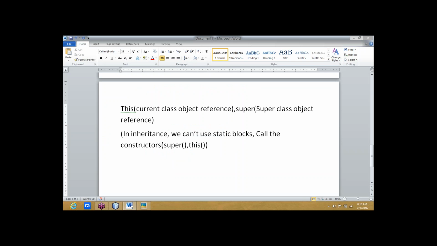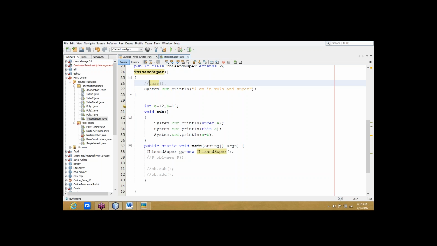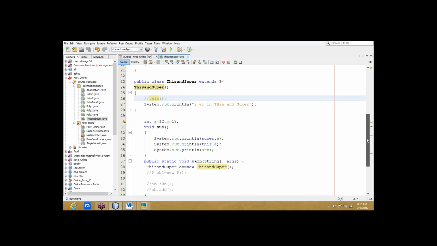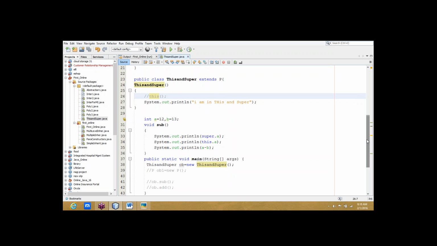Yeah, we got it. Suresh, can you open the program and check? No, no, just, you can